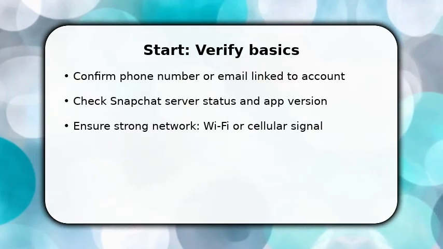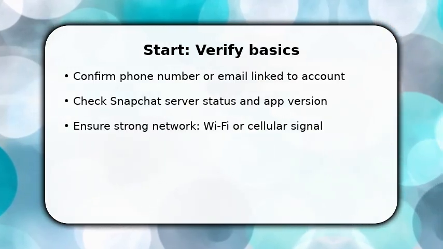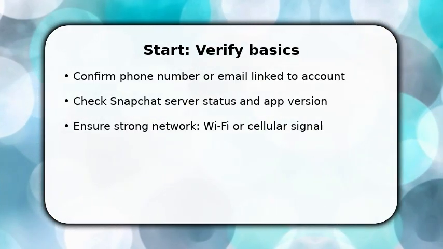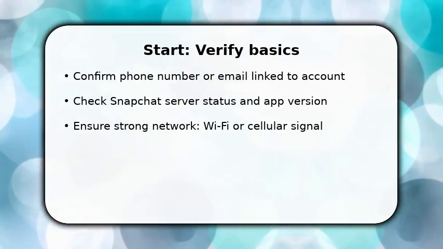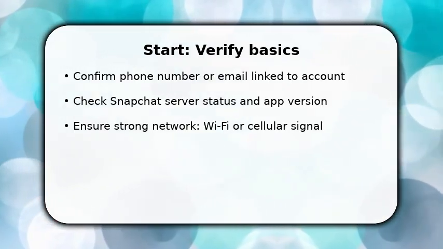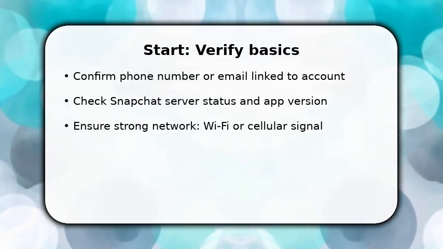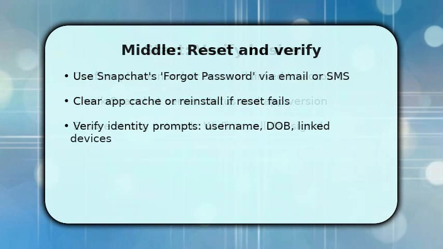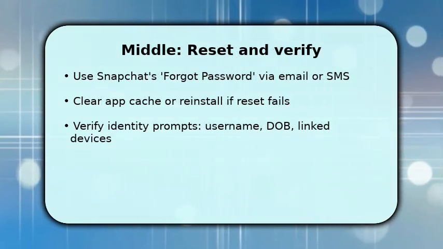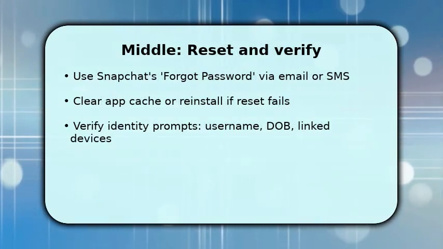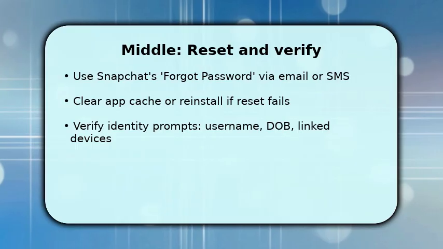Next, switch networks, move from Wi-Fi to cellular or vice versa, because intermittent connections can corrupt authentication. While you do this, keep a password manager or a written backup nearby, so you can quickly test your current credentials. Now proceed with a password reset through Snapchat's Forgot Password flow, choosing email or SMS depending on your linked